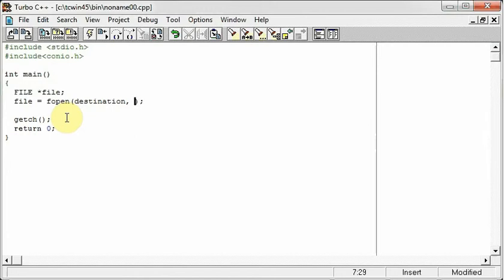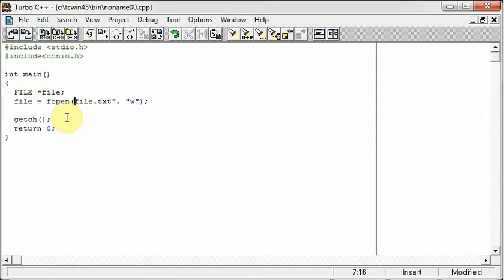To append to a text file, you have to use the keyword A. To write a file, you have to use W, and to read a file, you have to use R. We will be doing all of these, but for this tutorial we will just write the file. For the destination, first of all, I will just give a text file.